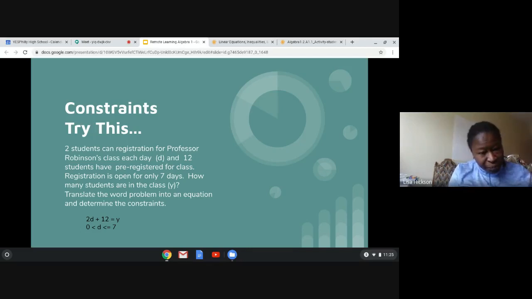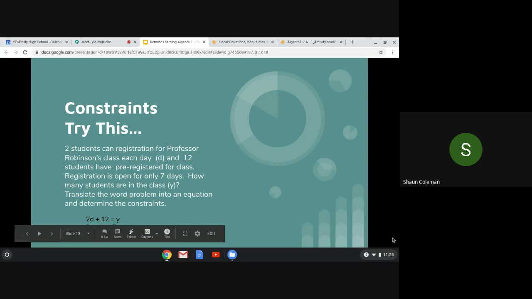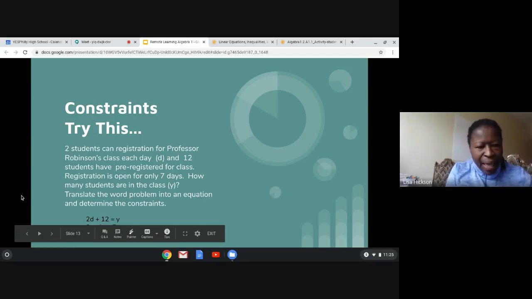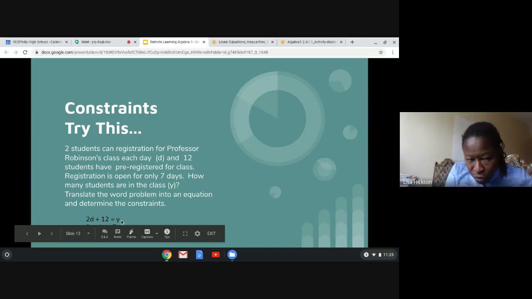It said, translate the word problem into an equation. So you did 2 students per day added to the 12 students who pre-registered. So these 12 are already in the class. And then it all will total the number of people in the class. But again, the number of days is what,